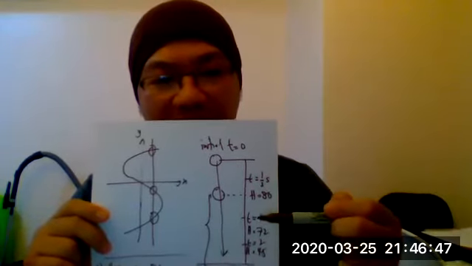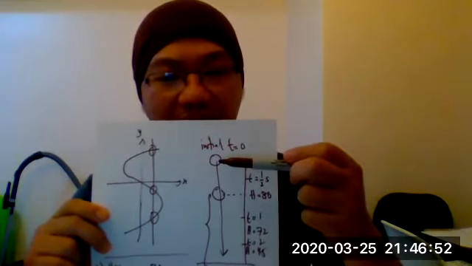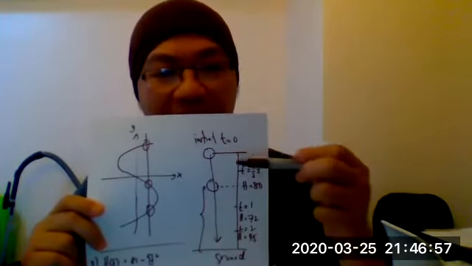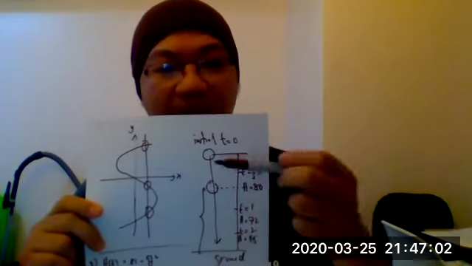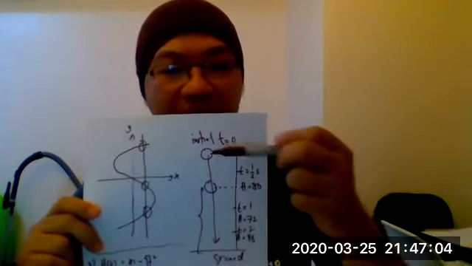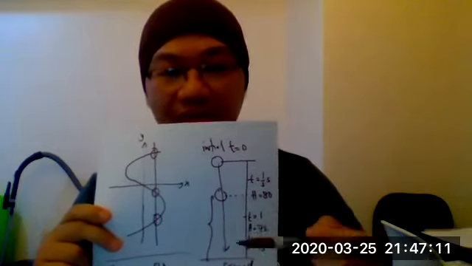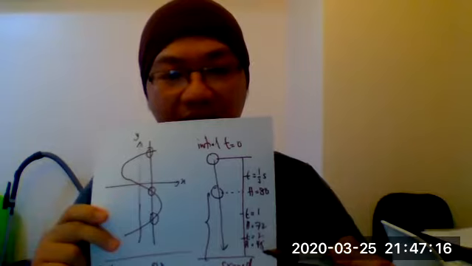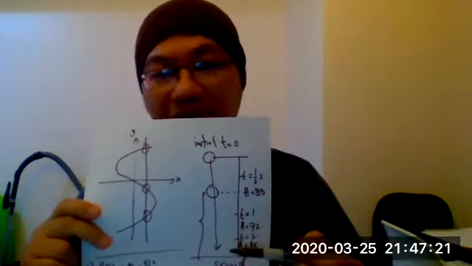So that means the longer the time taken, the closer the batu is towards the ground. When the time taken is 1/3 second, the height of the batu is 80 meters. But when the time equals 1, the height of the batu is 72 from the ground. That means it is closer to the ground. When the time is 2 seconds, the height becomes 45. So it becomes closer to the ground.